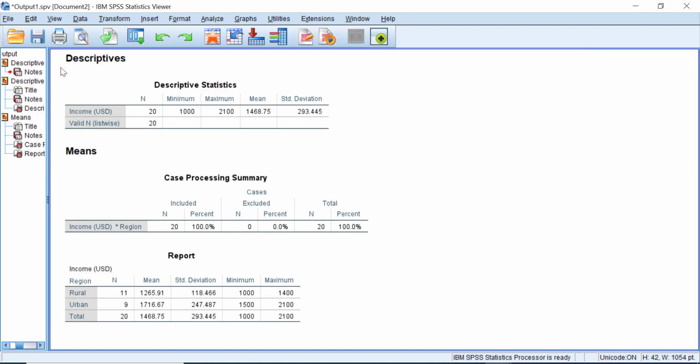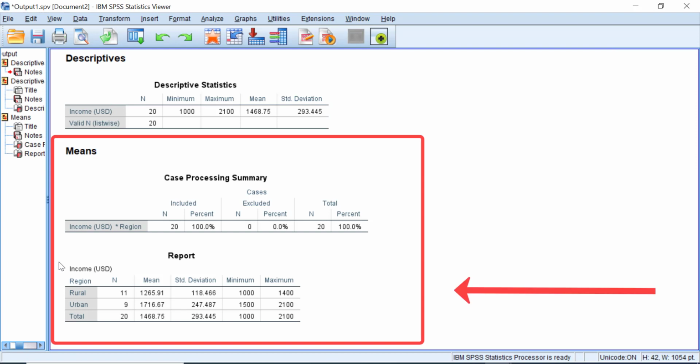Okay, at the case processing summary table, we can conclude that all the data, which means 20 data in our worksheet, is 100% processed. At the report table, there are 3 rows that you can see: rural, urban, and total. At the N column, we have 11 data for rural and 9 data for urban. At the total, you can see we have 20 data.